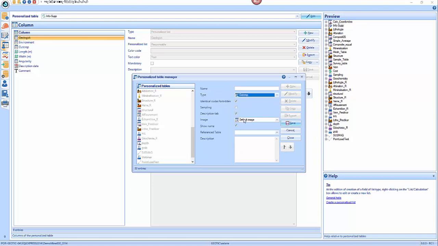So for example, if you go into outcrops, you have other kind of options. So it's the same thing. Identical codes forbidden instead of having overlaps. Okay, and then you have reference table. So what does reference table mean? Okay, if for example I'm doing an assay table into that is a type of outcrop, I can link my assay to another table in Geotic log, another personalized table,